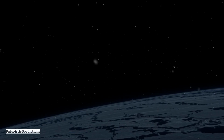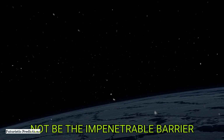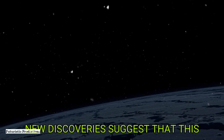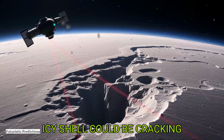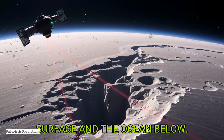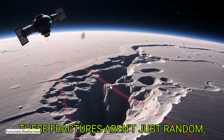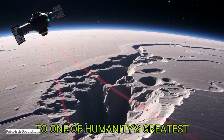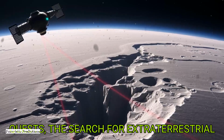What if I told you that Europa's ice crust might not be the impenetrable barrier we once thought? New discoveries suggest that this icy shell could be cracking open, creating pathways between the surface and the ocean below. These fractures aren't just random, they might be the key to one of humanity's greatest quests, the search for extraterrestrial